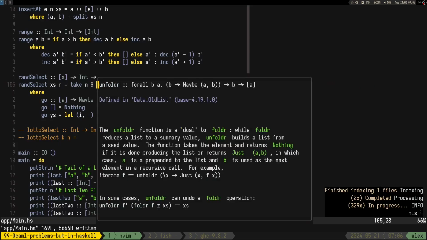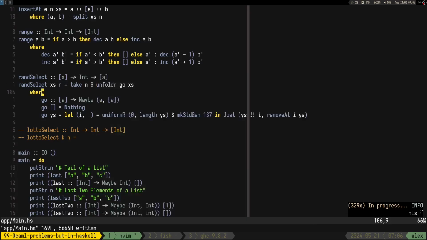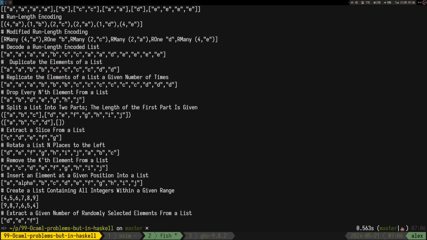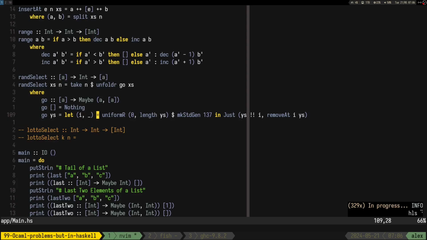Okay, like actually unfold R, I haven't used this one before, so it's a pretty neat function, I would say, because I was always finding cases like this. So this one is actually pretty funny. Let's see if it's still working. Now the elements should be always different, so